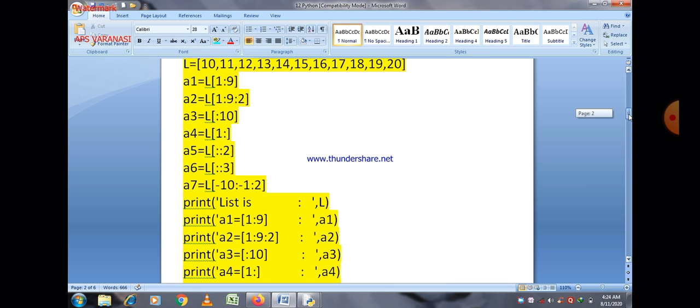It means first of all 11 will be printed, then 12 will not be printed because there is an increment of 2. So after 11, the next value is 13, and after 13 the next value is 15 here. And in the third case, you can easily see that no initial value is given, and by default when the start value is not given, then it is 0.